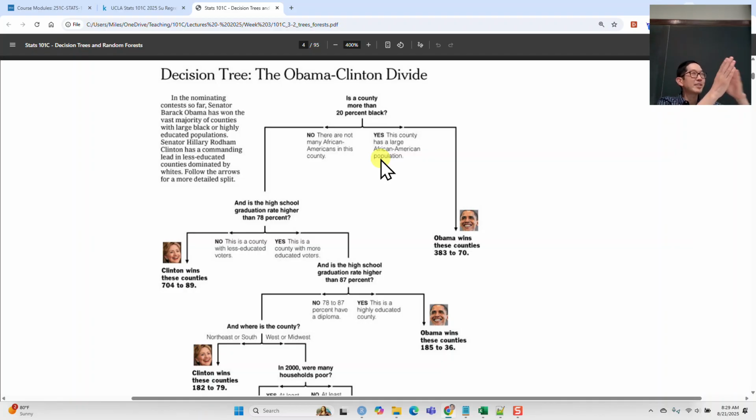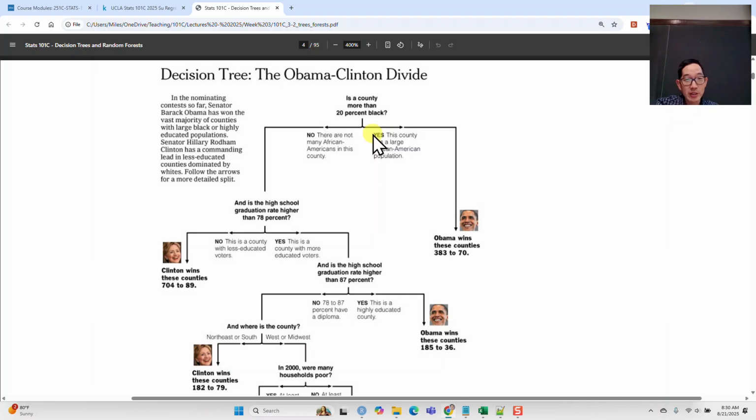Looking at the data from the states that already had voted, they looked at county level information. They said, okay, if we look at different demographic traits of this county, who did they vote for? And actually, this is going to be a similar project to what you'll do for your classification project. Anyway, if you looked at the racial demographics of the county, if that county had a population that